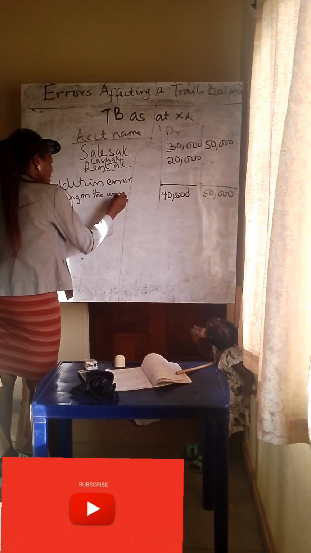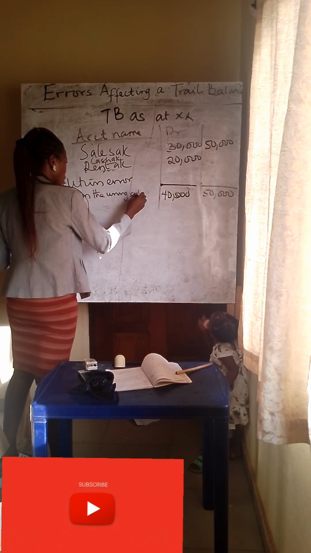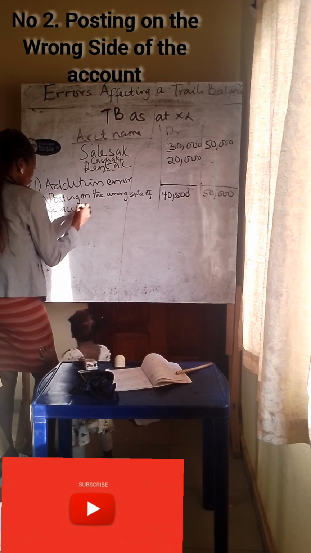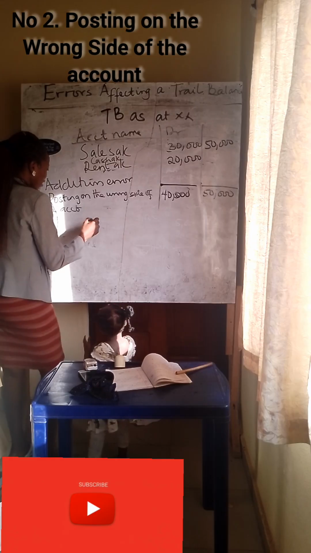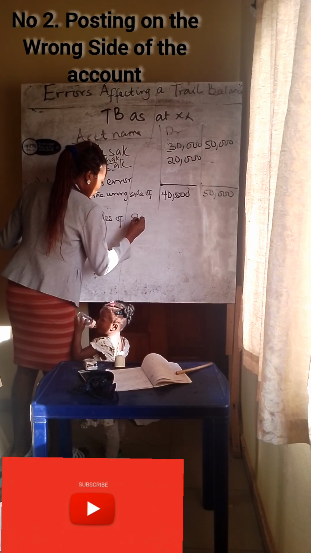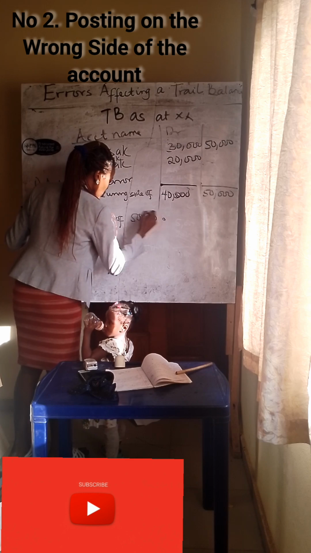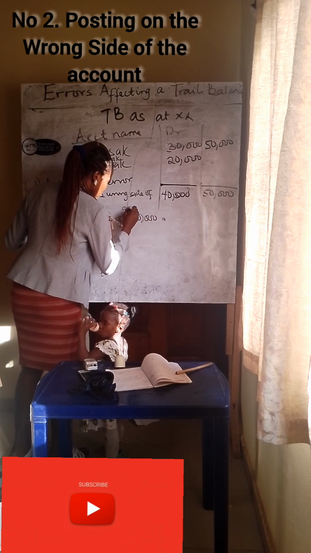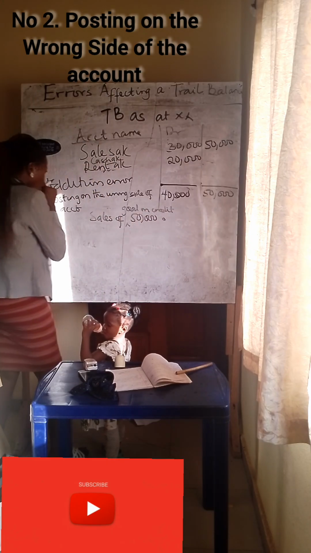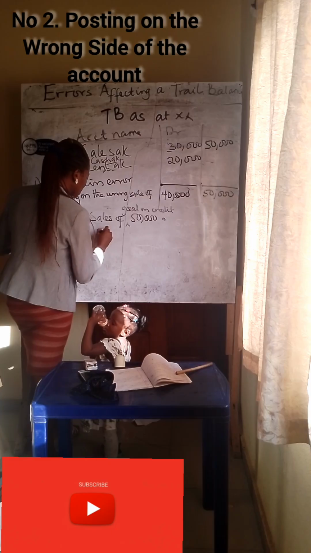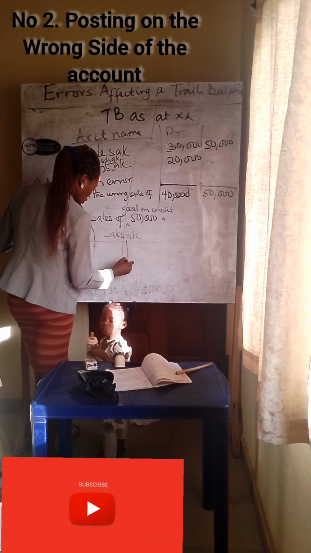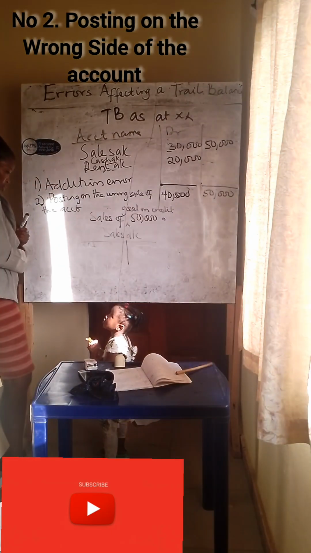Another error that could affect your trial balance is posting on the wrong side of the account. What do I mean? I simply mean instead of following your laws of debit and credit. Let's give a typical example. Sale of goods on credit, 50,000 naira, right? Now instead of posting the sales in your sales account on the credit side, 50,000 naira, instead, you posted it on the debit side,